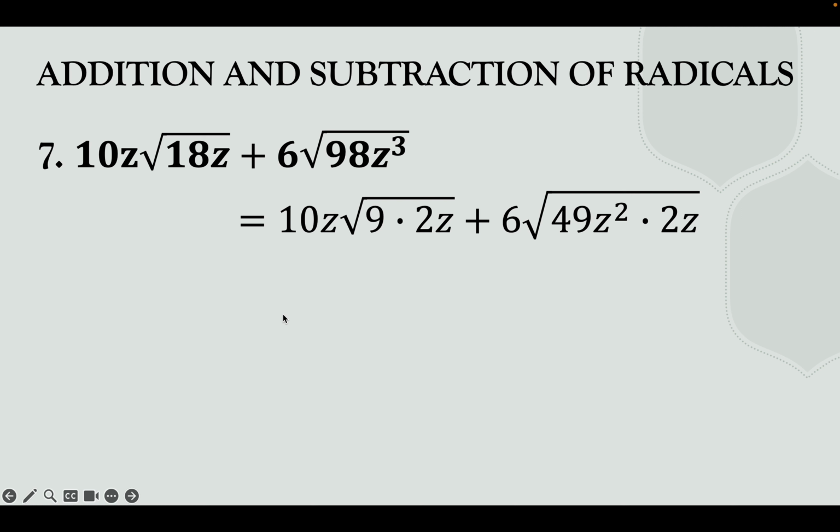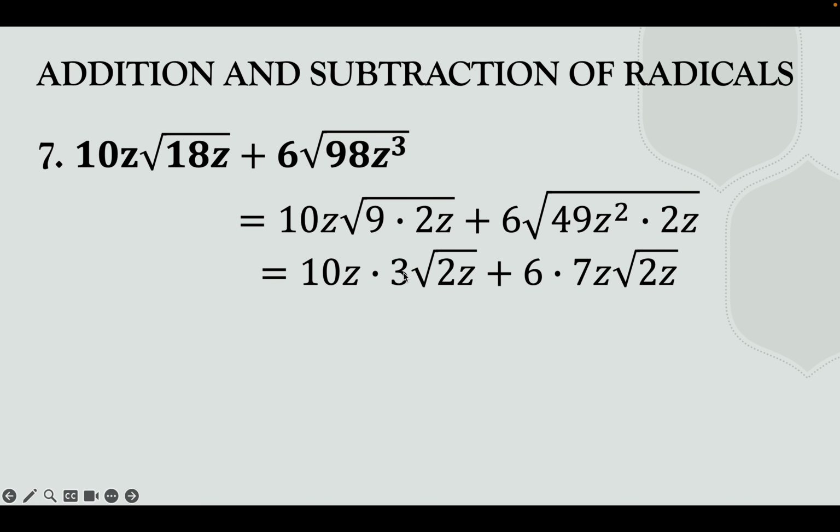So, we have here 10z, square root of 9 is 3, so 10z times 3. The remaining in the radicand is square root of 2z. Plus 6 times square root of 49, which is 7, and square root of z squared is z. So, 6 times 7z square root of 2z. Now simplify the terms outside the radicand. We have 10z times 3, which is 30z square root of 2z, plus 6 times 7z, which is 42z square